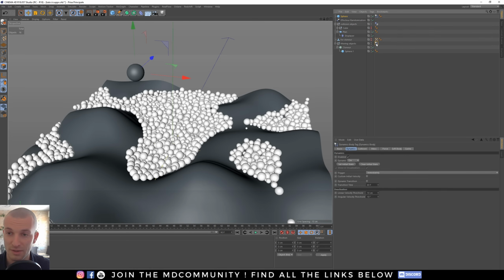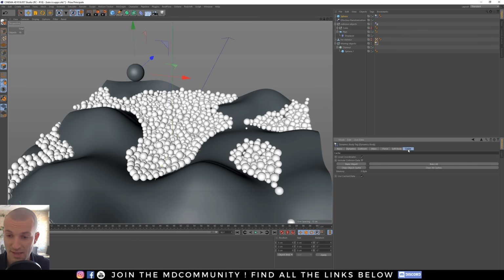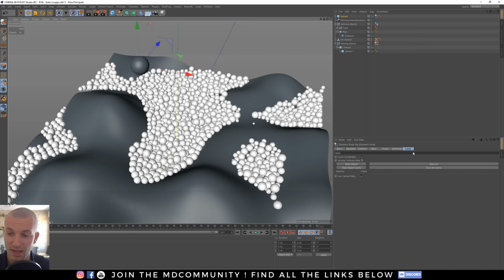I will click on a tag and go in the cache, and you can bake one object or you can bake all tags. In my case, I really want to bake everything, so I click here, and you can see Cinema 4D calculates everything and writes the information on your computer.